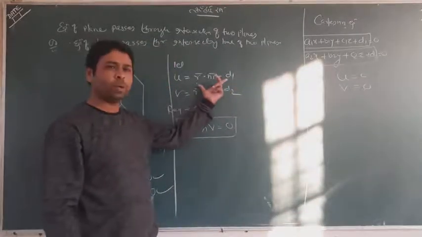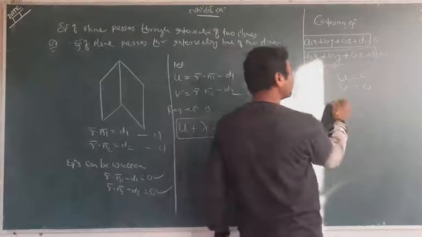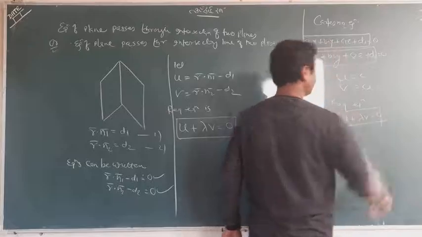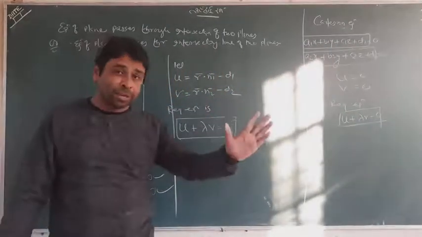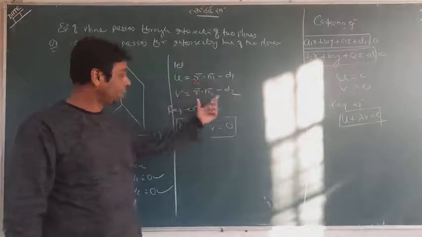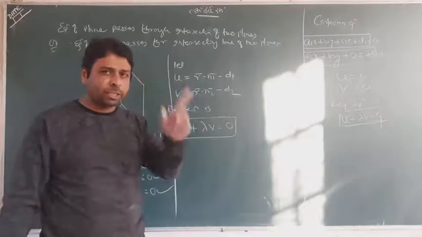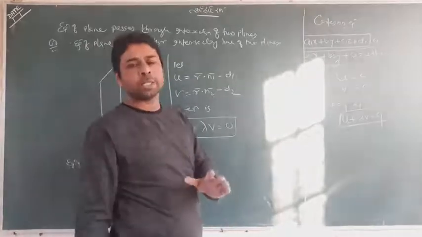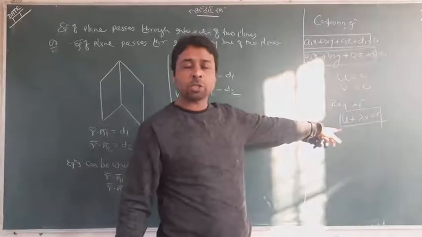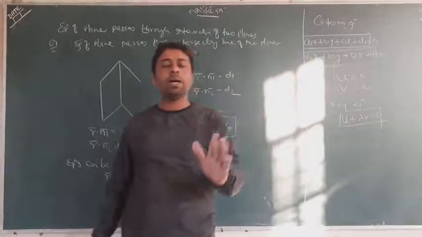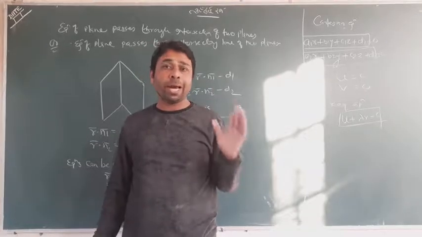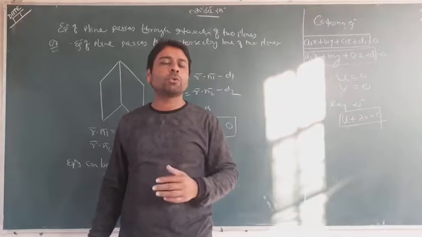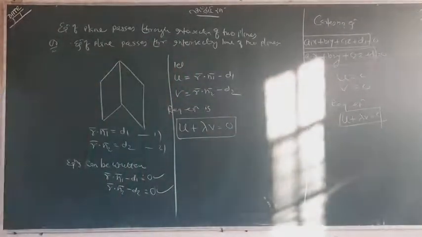I assumed u and v the same way, and the required equation is again the same, u plus lambda v is equal to 0. Don't be surprised that both have the same form, but this time you will put this for u and this one for v, and that is going to be a little tough for you. As far as my opinion is concerned, I tell you this method is going to be easy for you. What is lambda? Lambda is a constant value which you can find by reading the question and by satisfying the condition of the question. I'll tell you how you can find lambda.